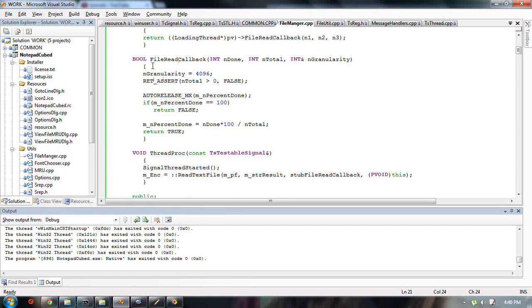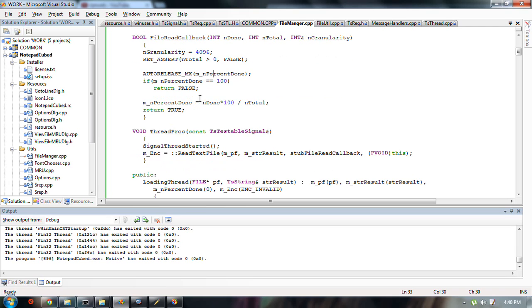Now in the callback, I set the granularity to 4096. I wait to acquire this value so I can check it. If that's equal to 100, return false. Now it's kind of a hack. The reason why this could be equal to 100